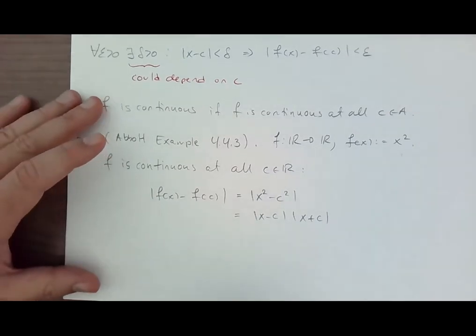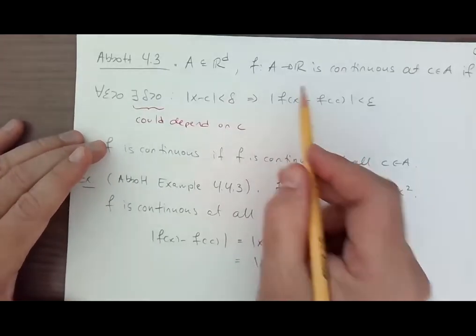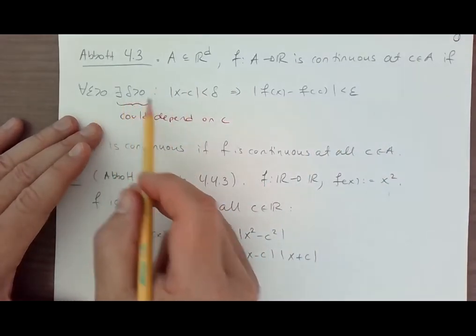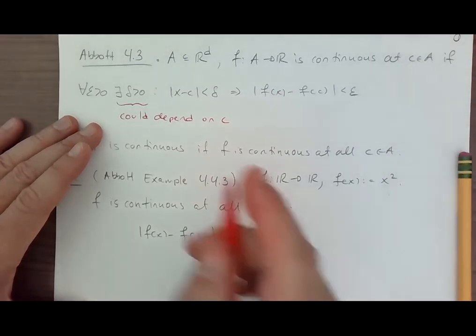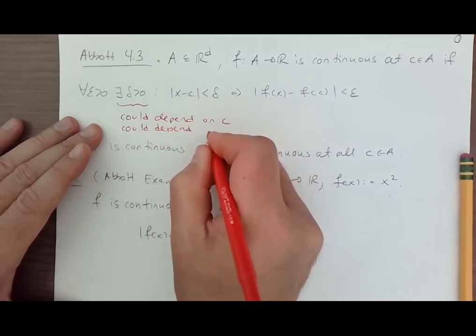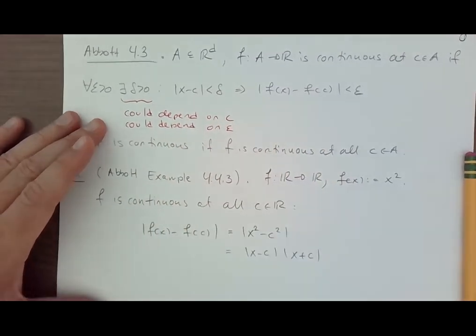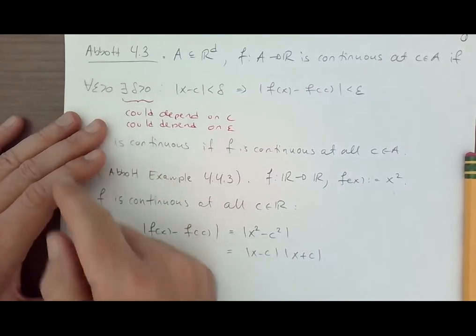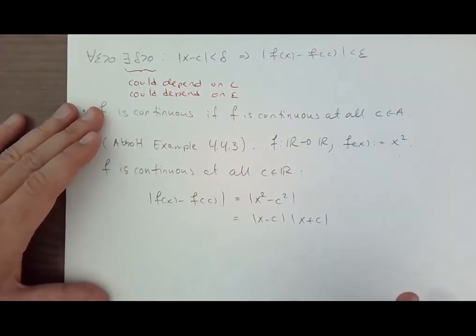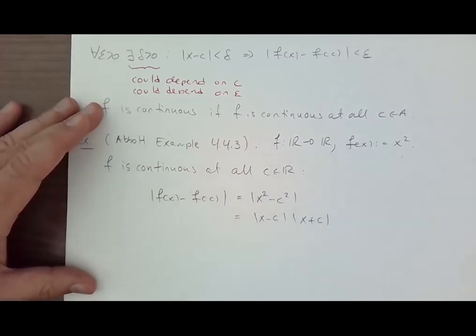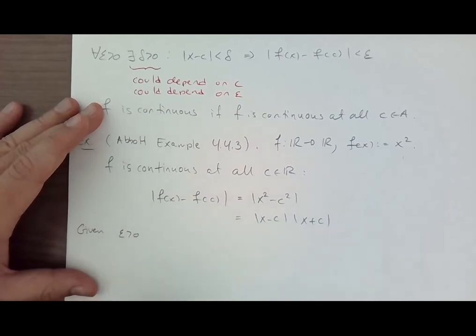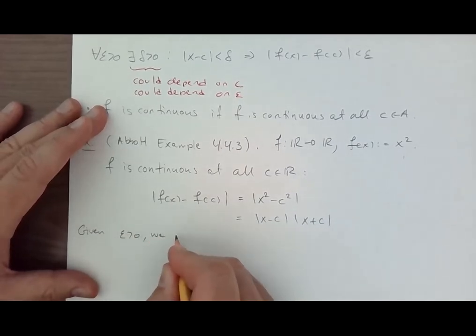So what we want is to use the definition up here, right? Give me an epsilon, I'll be able to find a delta. This could depend upon c. It could depend on epsilon. It can depend on everything that comes to the left of the statement. So it could depend on these two quantities. So what is it that I need? Given an epsilon,